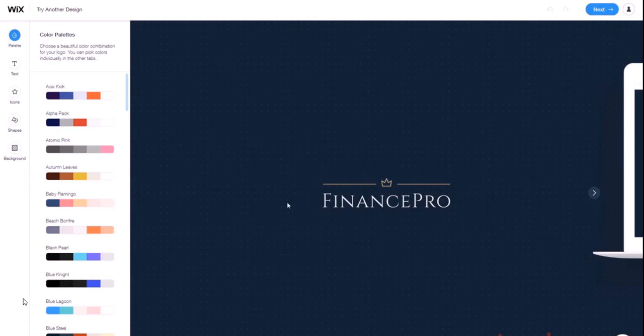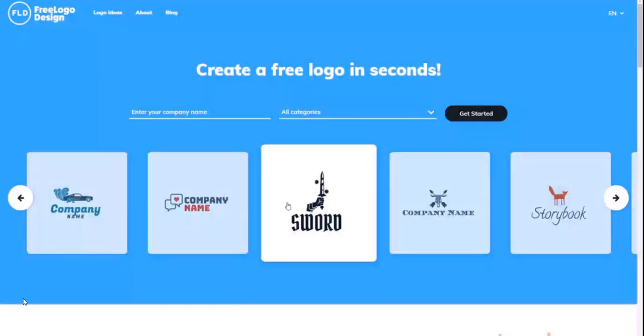Now, this is of course not the only way to get a professional logo done. You can use other free websites as well. For example, freelogodesign.org is also a great one, or you can even hire